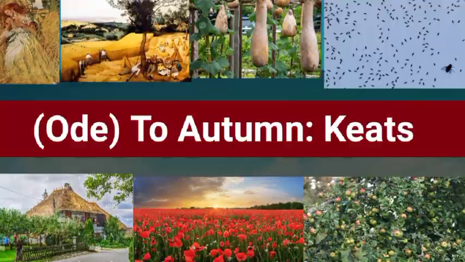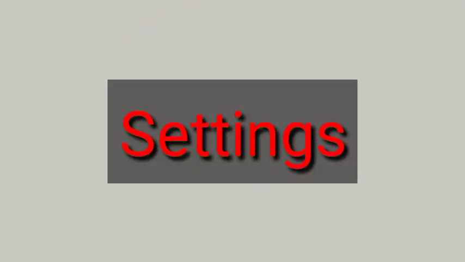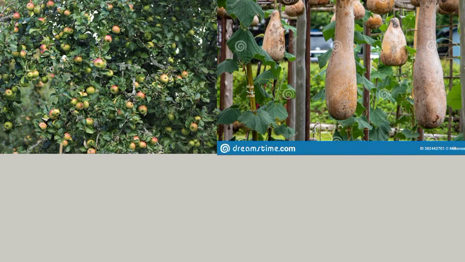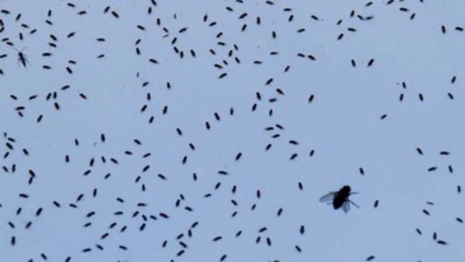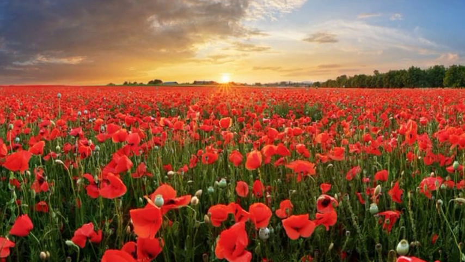Let us understand the settings. The poem is set in autumn. The setting of the first stanza is marked by the sunlight planning to ripen the fruits on the trees and vines. The second stanza is set around the process of harvesting. Autumn is personified sitting in the midst of its store, and in the last stanza, setting changes to sounds and music of the season. The music of autumn is contrasted with the music of spring.